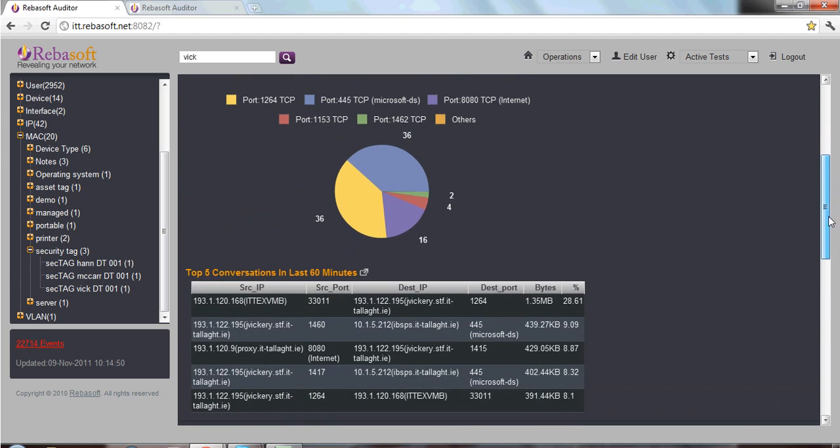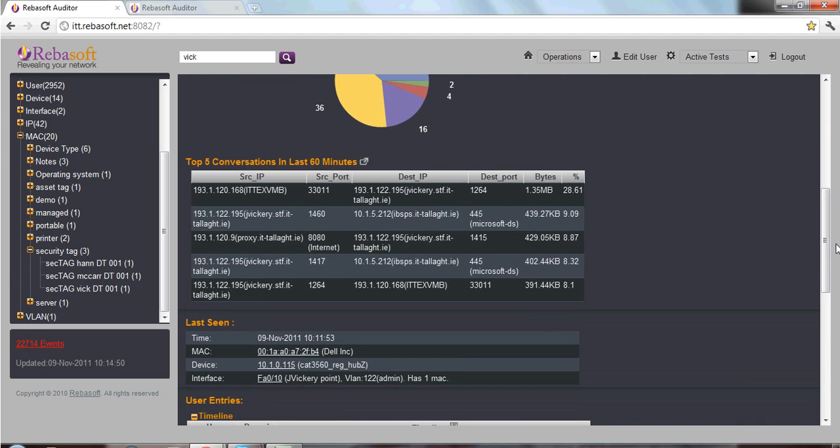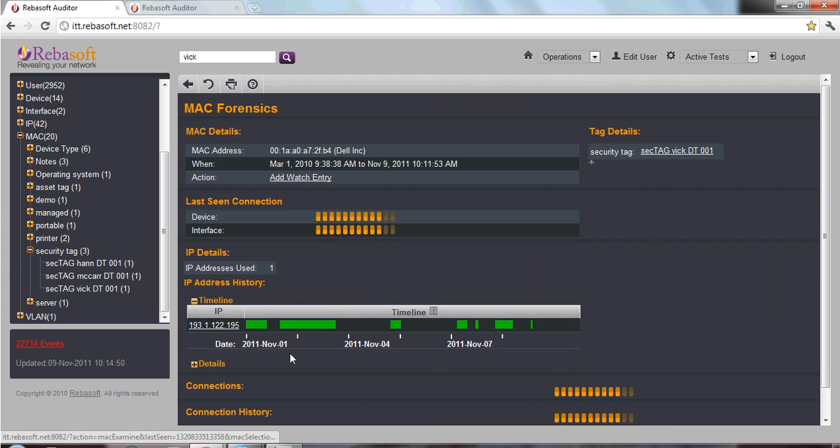So we have a full history here of the device, and again, as we said, the connectivity. We can dig into the MAC address and see if that MAC address has been moving around the place. It looks like it's got a consistent IP address, and we've also got a security tag associated with that MAC address. Coming back to the home page,